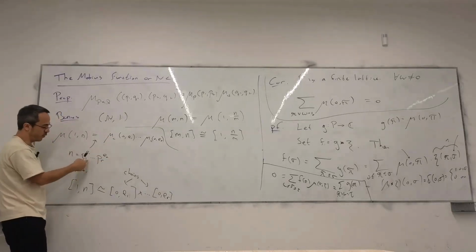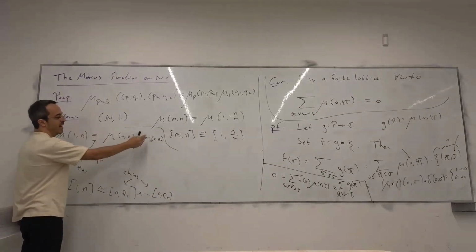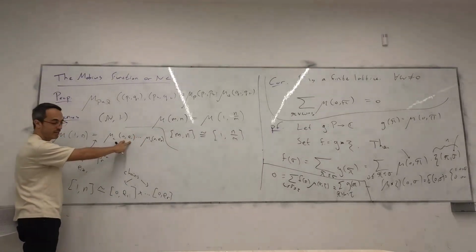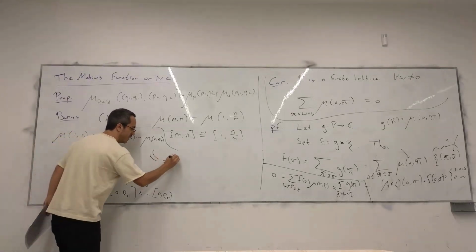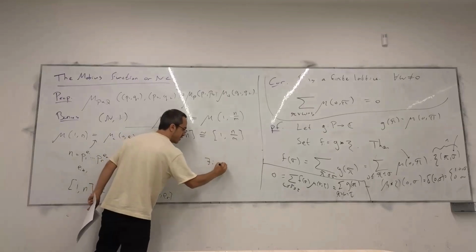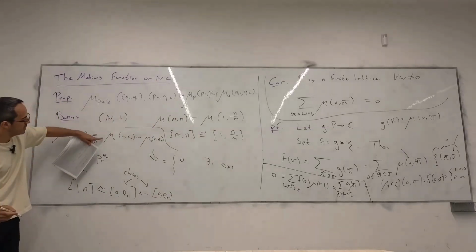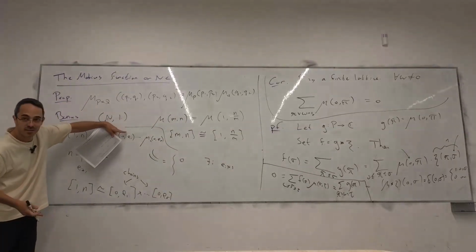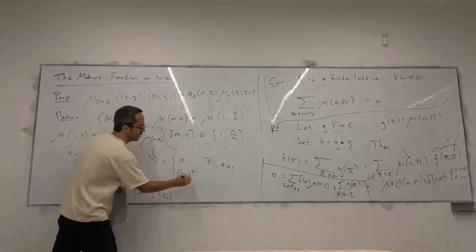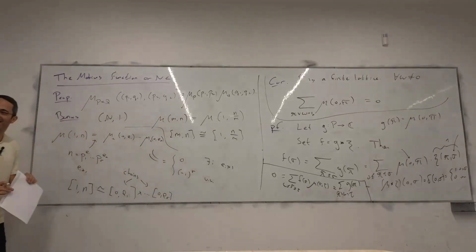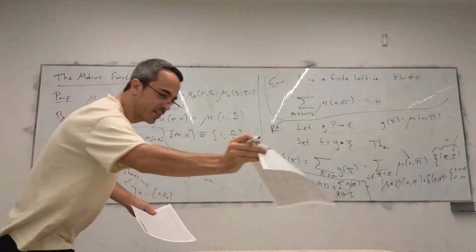Because otherwise the prime wouldn't appear here, and we start with 0. So if there is an I such that EI is strictly larger than 1, it's 0. Good. So this thing is 0 if there exists an I such that EI is larger than 1. And otherwise all of them are 1, so this is 0, this is 1, you get -1, and you multiply it with itself R times. That's how you can get it. Pretty cool, I think. I don't know how you usually get it. I don't remember it was like that.